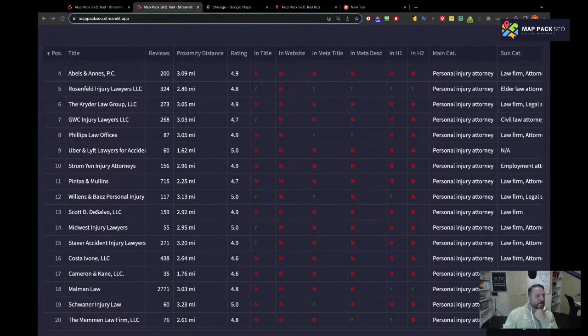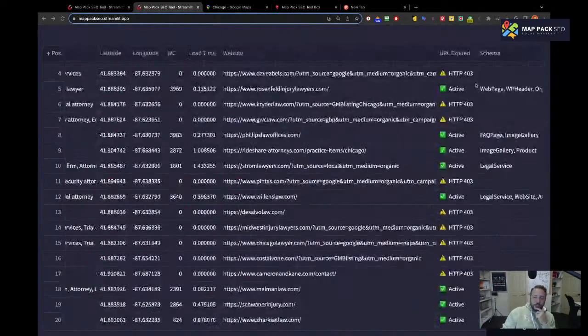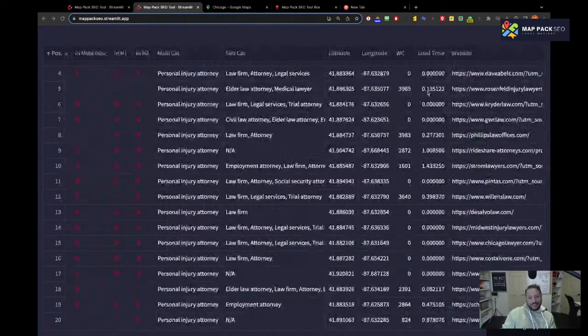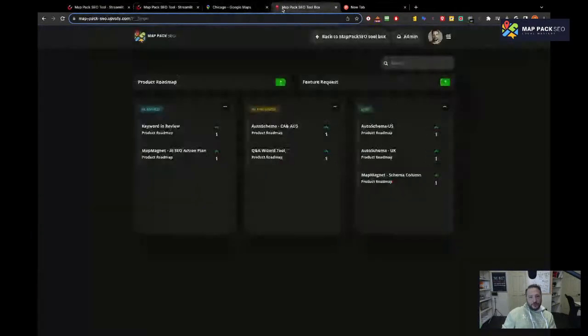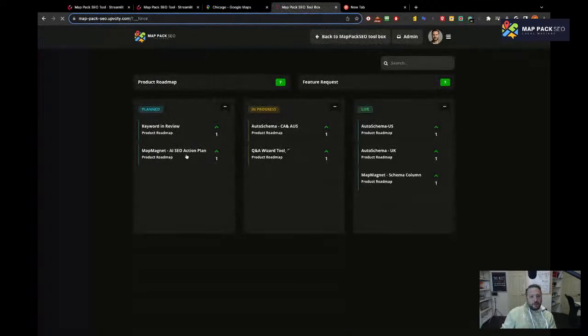about the Map Magnet and the new schema column. We just got the new schema column right here. Let me know if you need any other columns or any other data that you would like to see right here. The plan, if you go to the roadmap, is for the